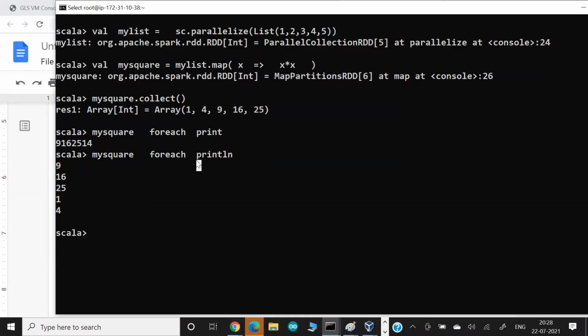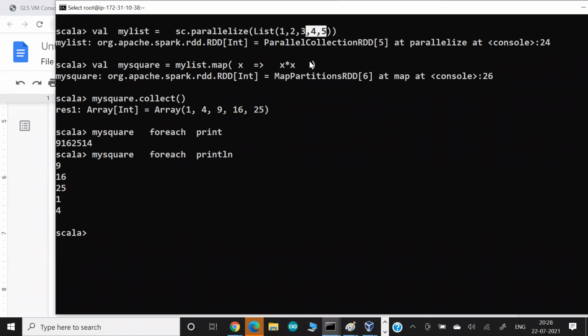One more last example I want to show you here: let's say I have this much data. I want to do a square, but the condition is if my value is equal to 4, I don't want to do the square. So out of all this data, I don't want to use 4.